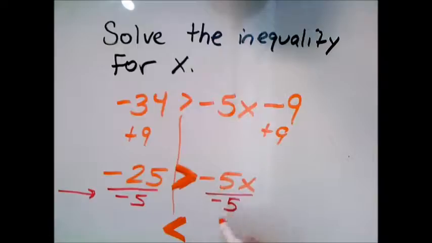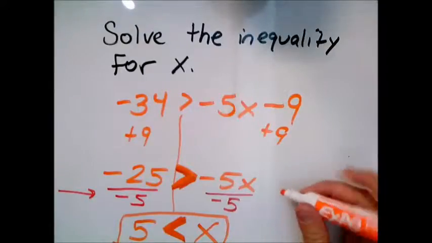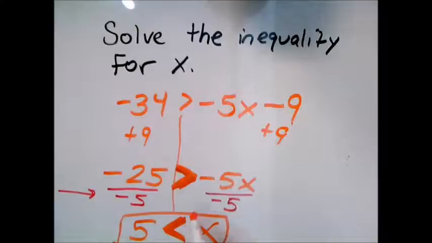And so now I can say negative 5 divided by negative 5 just leaves me x. And the negatives over here cancel, so I'm just left with 5. And so notice this says 5 is less than x. If you want to write your same answer in terms of x, you just need it to open in the same direction. So notice if we're thinking alligator mouth,